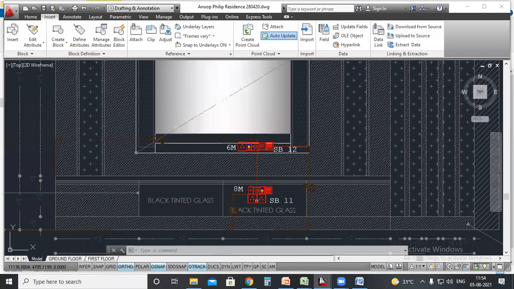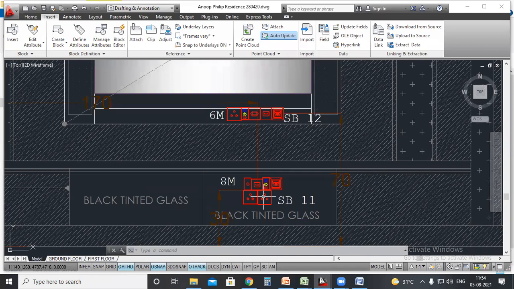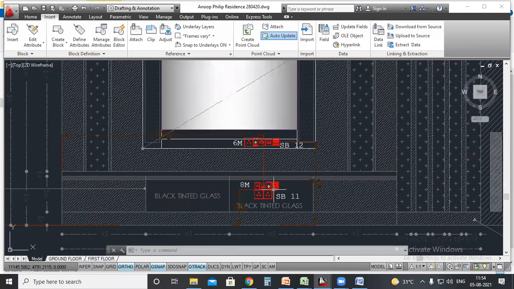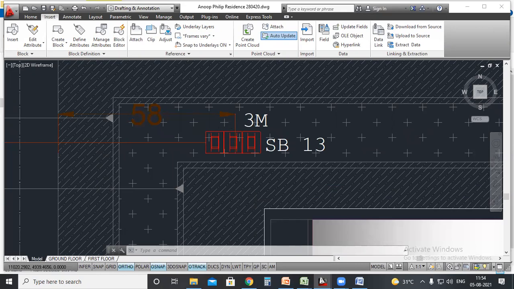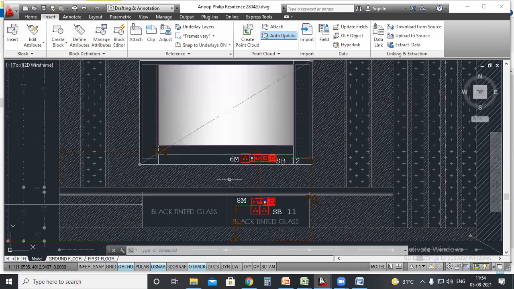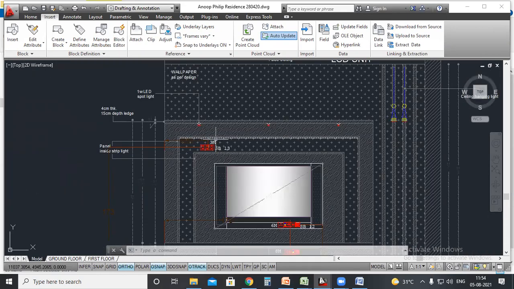Okay, it would be difficult for a person to switch it on and off always, because you need to open this cabin and kneel down to that particular point. So that is why we have provided separate switches for the sockets. All three sockets have separate switches. Okay, so in that way the electrician as well as the client would get a clear picture regarding the location of the switchboard.